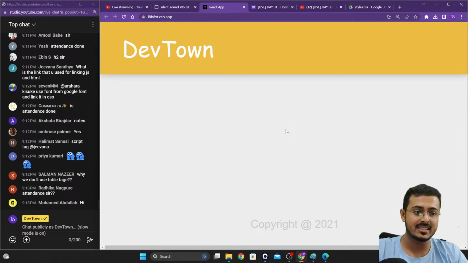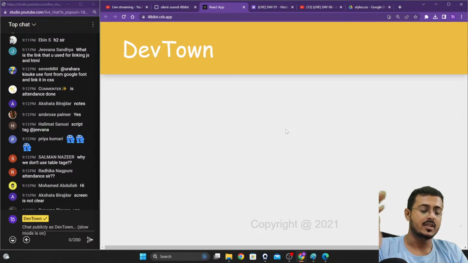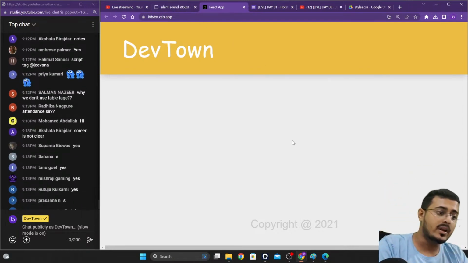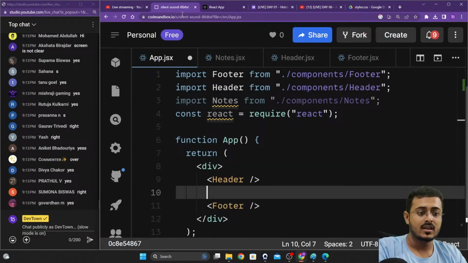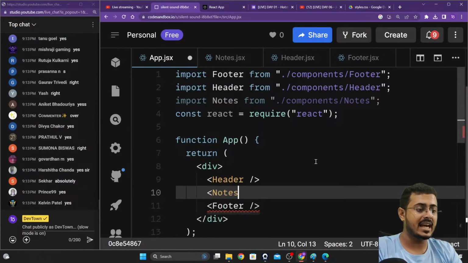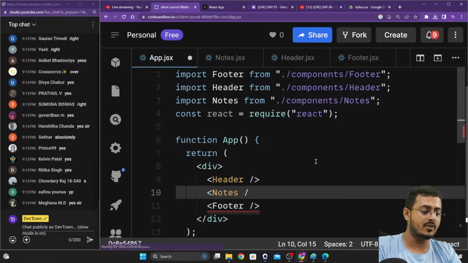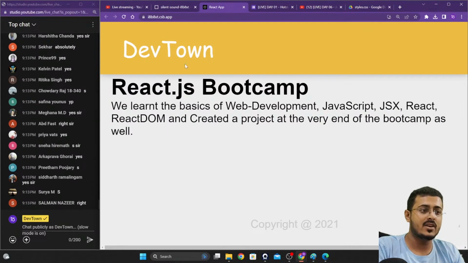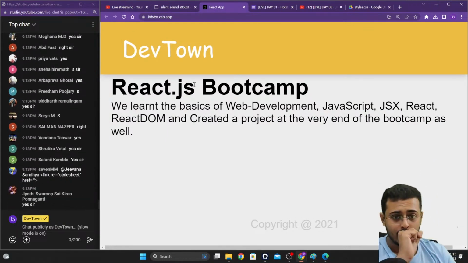Are you guys able to understand this or not? Please let me know. The note should appear in between the header and the footer. So inside of the code as well, your component notes should appear in between the header and the footer as well, guys. Please do not forget about it. If you go back to the website, you are able to see the notes. But again, the